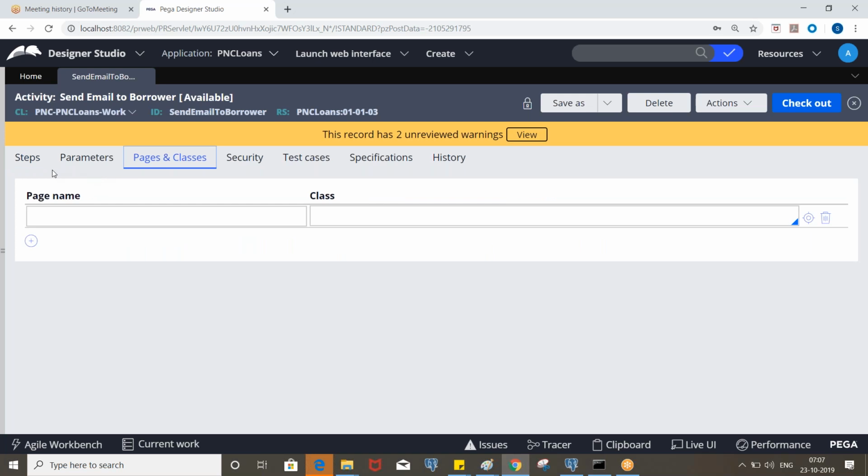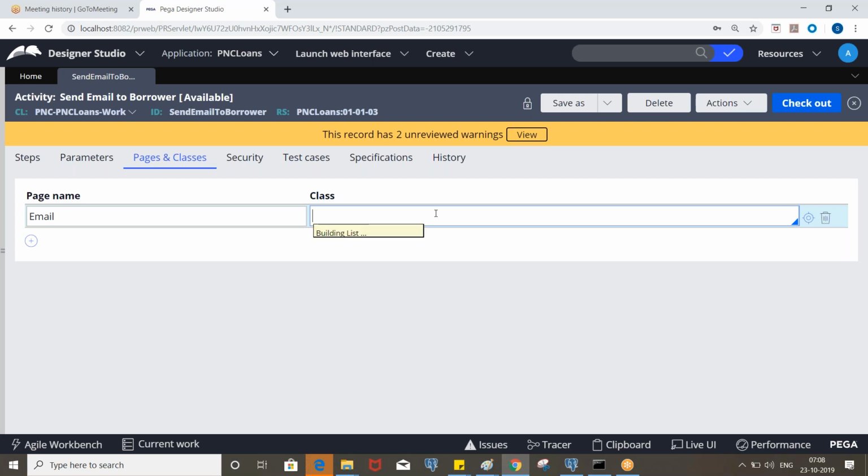So what is the email account class? Yesterday we saw that, right? The data email account. Define a page, let's say email; any page name you can put, like email details or email account, whatever.